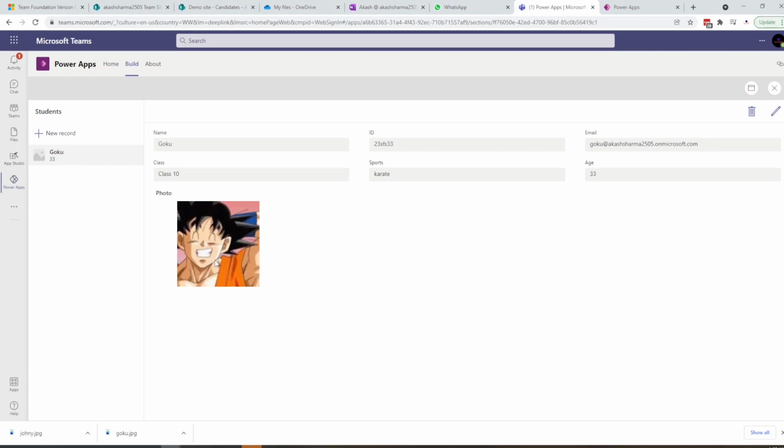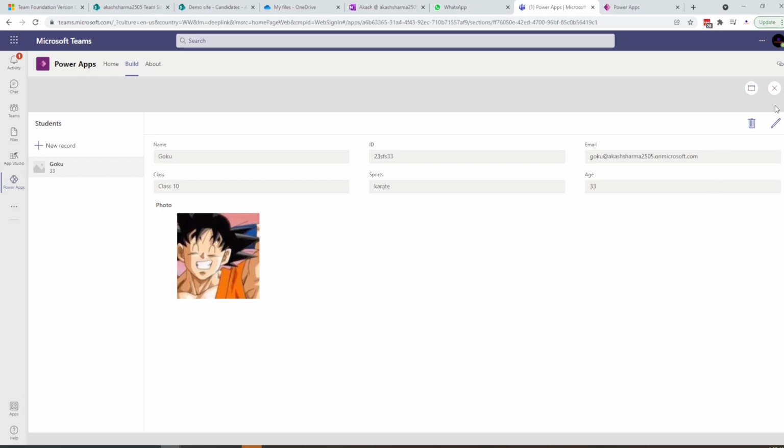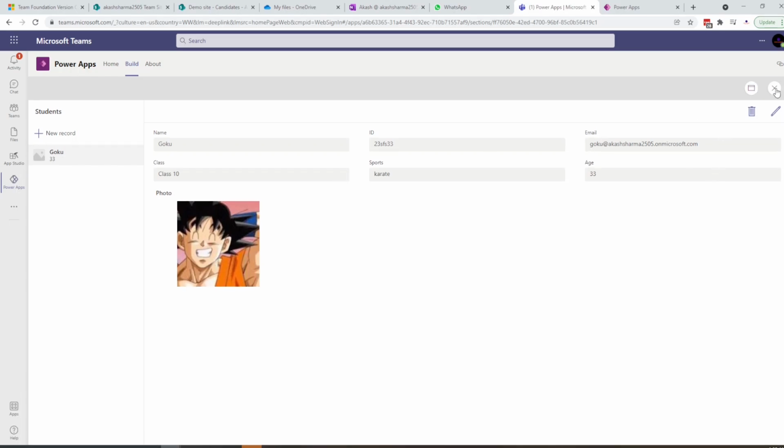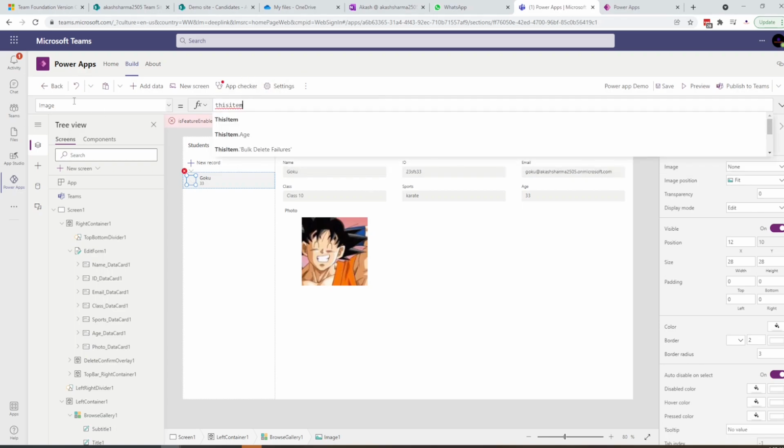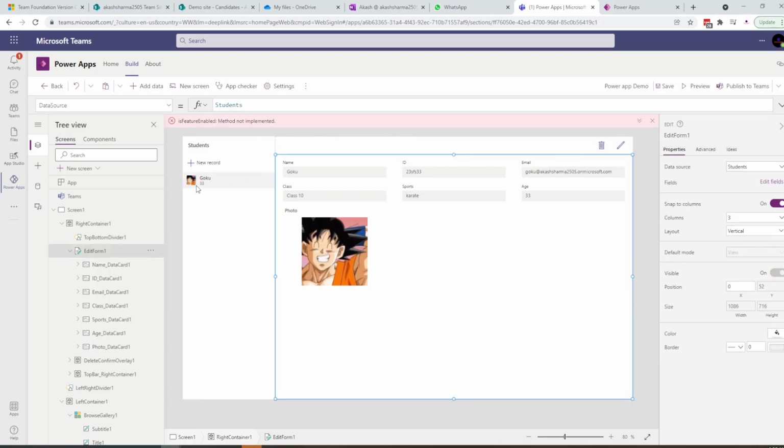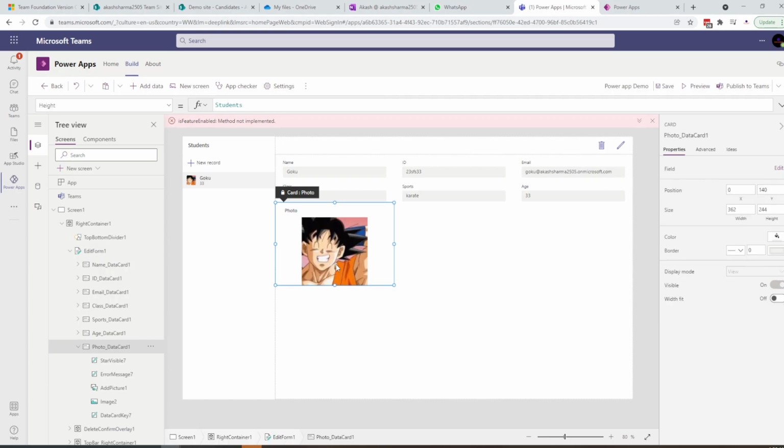And I see the picture quality is not so good, and the picture on the gallery is also not updated. So let's see what is wrong. Oh, it's a simple image. So we'll change this. Now we got the picture on the gallery as well, but the quality is still so poor.